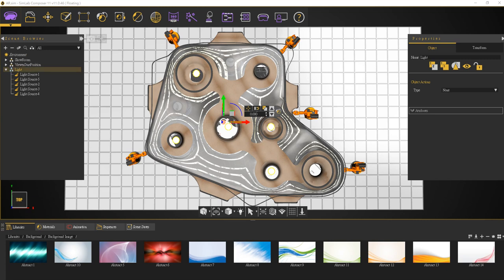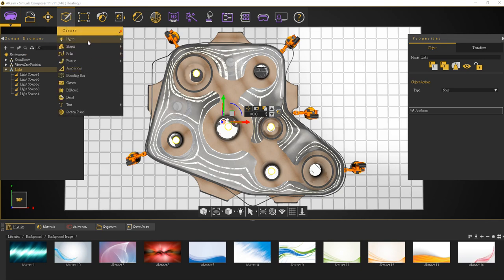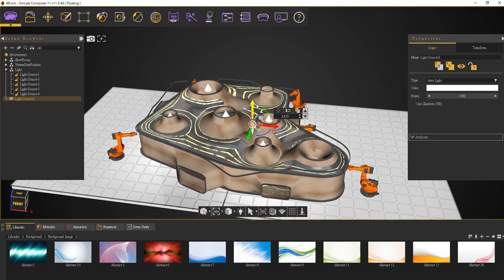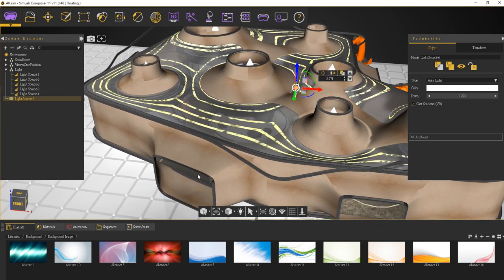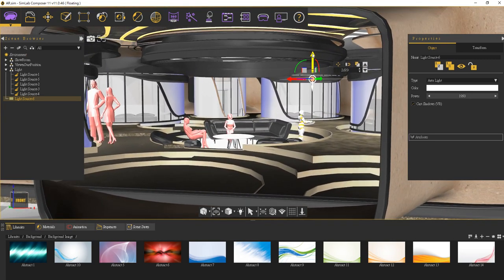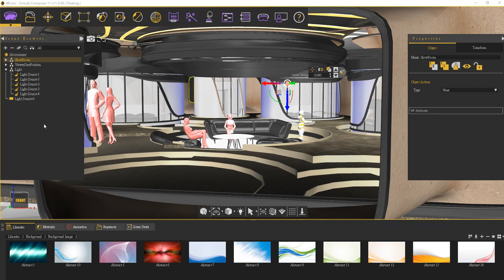I'd like to create one more. So let's go to create light and choosing the area lighting. Area lighting basically, I think it's more smooth and more elegant lighting. So basically it can light up all the dark corner of your model scene. So let's go to the top view,